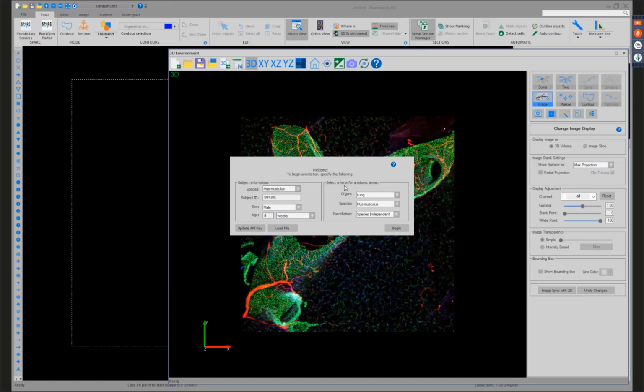The second section on the right side of the SPARC dialog is where you would choose the anatomy term list that you would like to annotate your image data with. Select the anatomical term list that is useful for your sample using the drop-down list for organ, species, and parcellation scheme or atlas. For this sample, I will select lung from the organ drop-down list. I will select mouse from the species drop-down. And the parcellation scheme, I will choose species independent because there's not currently a different atlas or parcellation scheme available